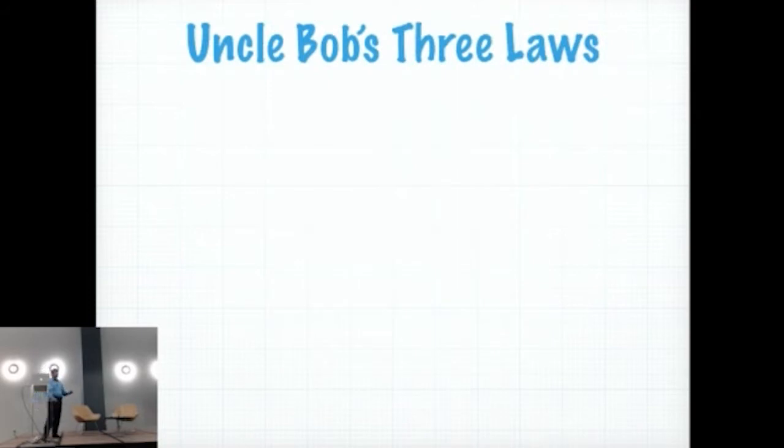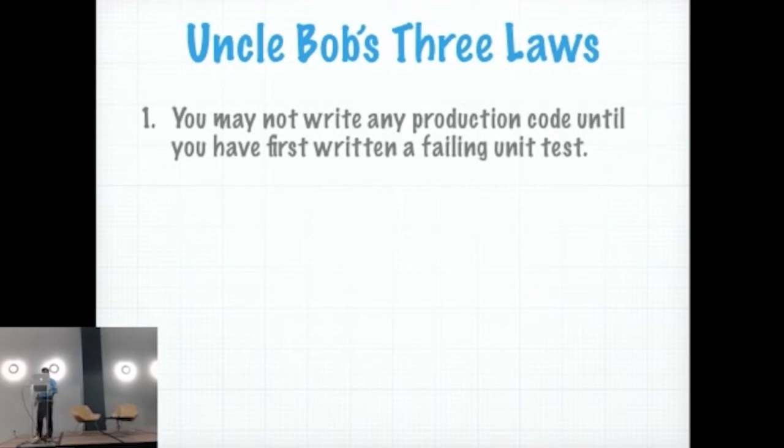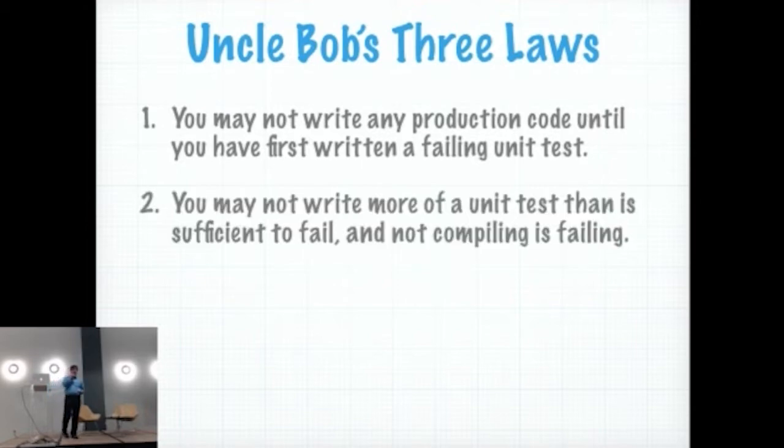Uncle Bob Martin, who I think Laura mentioned yesterday, a couple of people probably mentioned him, he has some rules that make it very interesting and more efficient when writing unit tests. His 3 laws. First is, you can't write any production code until you've got a failing test. That seems reasonable. Second thing is, failing also includes